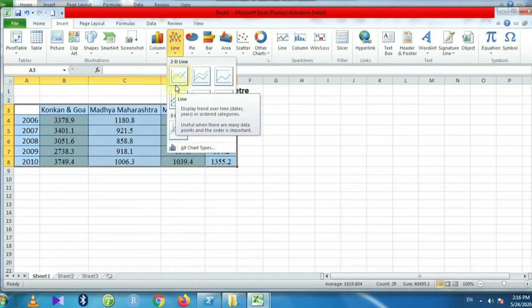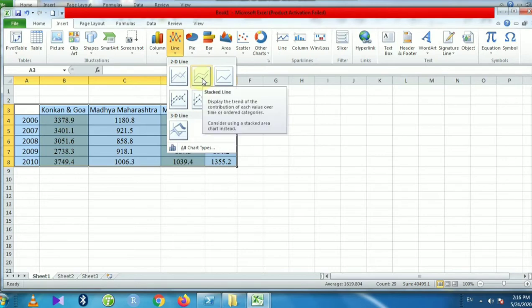Under the line chart menu, various types of line charts are available here. As we move the mouse pointer over the chart types, we can see the explanation about the output of that line chart.